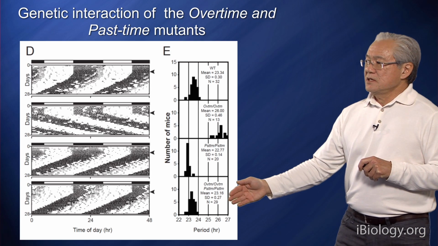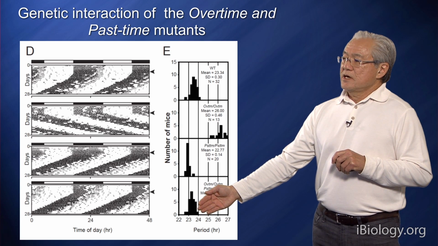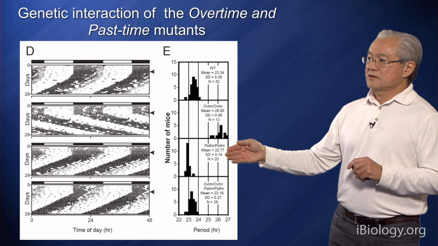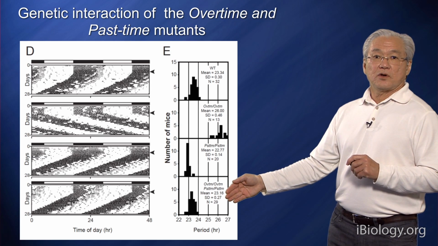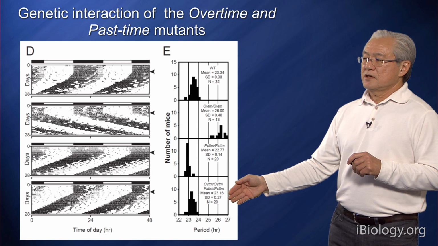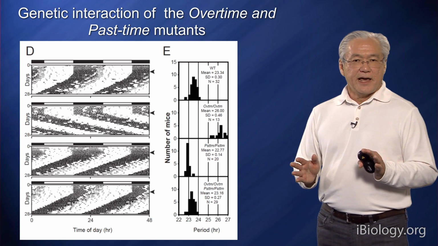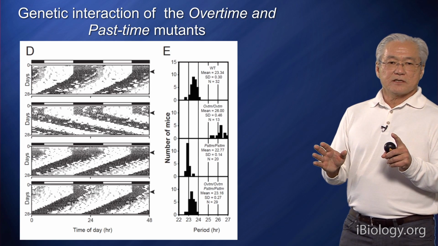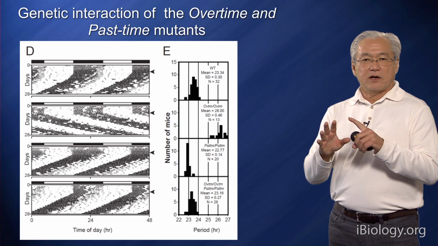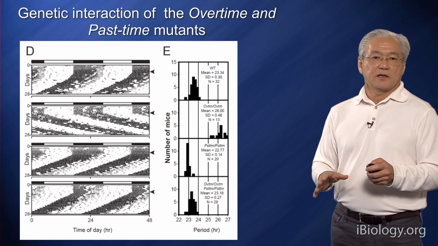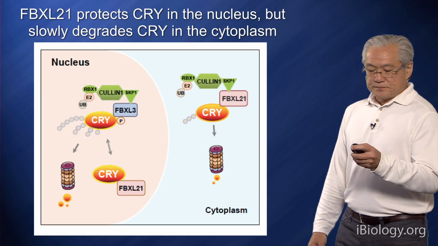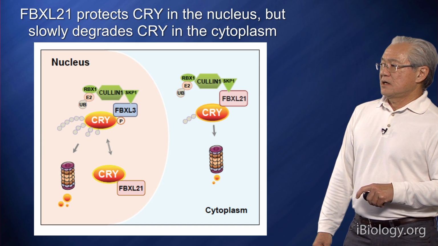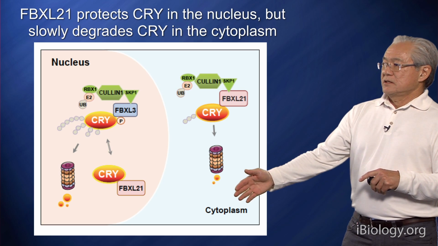And what you can see is that the pastime mutant actually neutralizes the period lengthening effect of overtime and normalizes the period. So this kind of genetic interaction is non-additive and is interesting because it suggested that pastime was somehow counterbalancing the effect of overtime. Now, I'm not going to go into all the details, but I'll just jump to the end of this story,